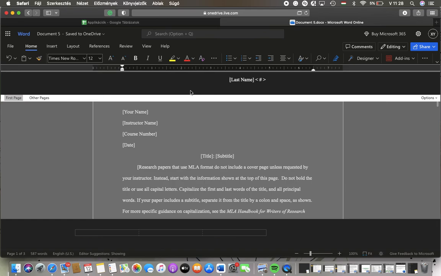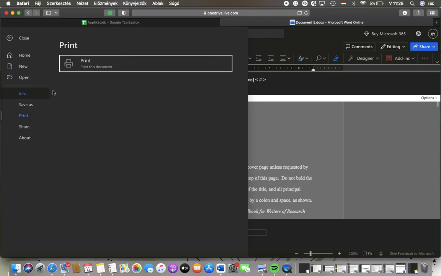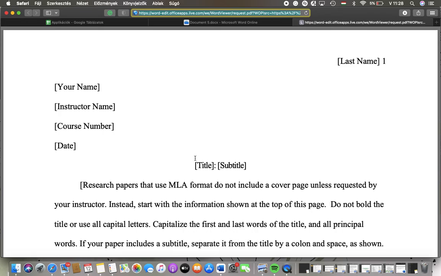website. Now let's jump into it. First of all, open the website and then you should select the template you would like to use, and after creating your document you should tap on this file button in the upper right corner of the screen and then tap on this print button on the left side column, and then you should tap on this print this document button, and as you can see you should tap on the open PDF button since the PDF file of your